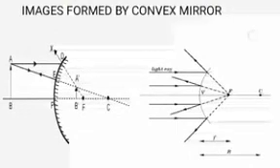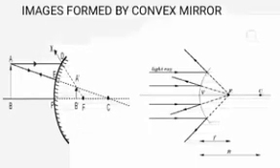In a convex mirror, a single nature of image is formed, that is virtual and erect always. Wherever we put the object in front of the convex mirror, the image is always formed between P and F. And when we take the object at infinity, the image is formed at focus. It will not cross focus.